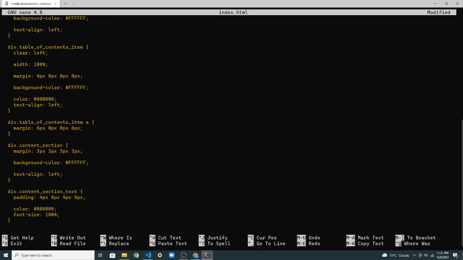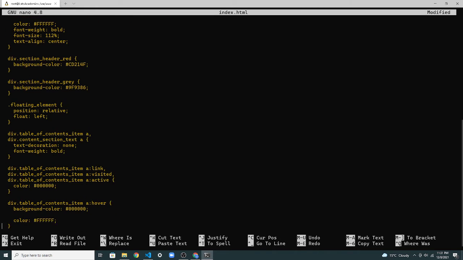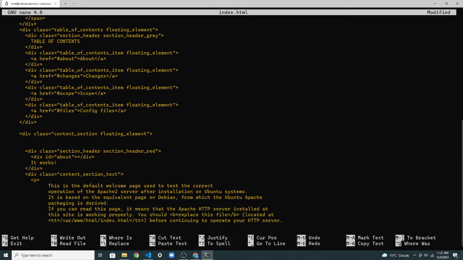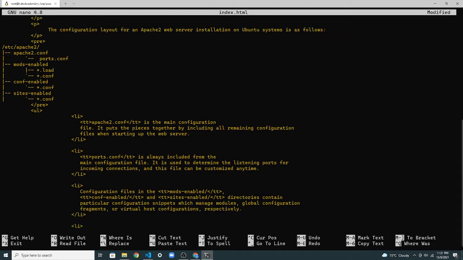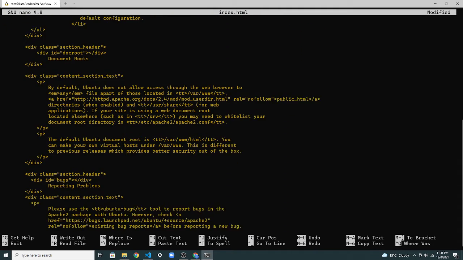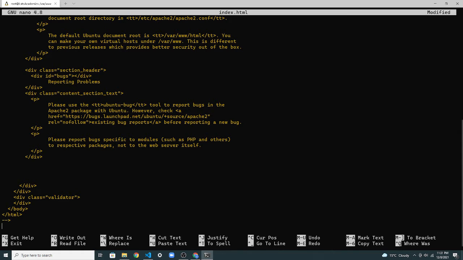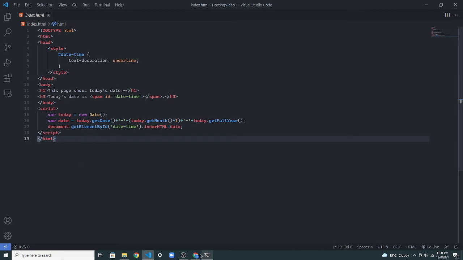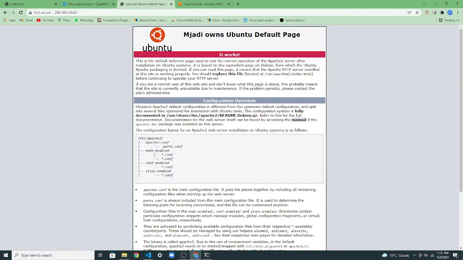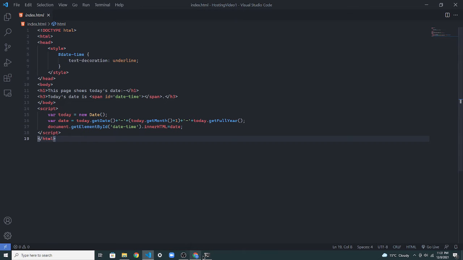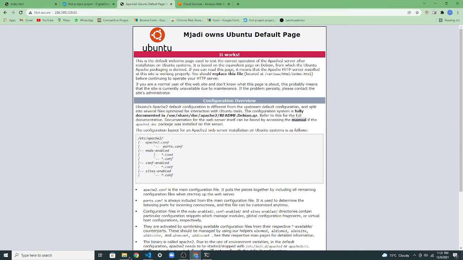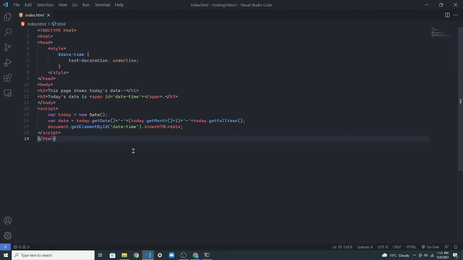Now what we're going to do, we have a code for the static website, HTML code, and now let's broadcast this code, this static website, to this IP. Anyone on the internet can view your website. Here we have the code ready.